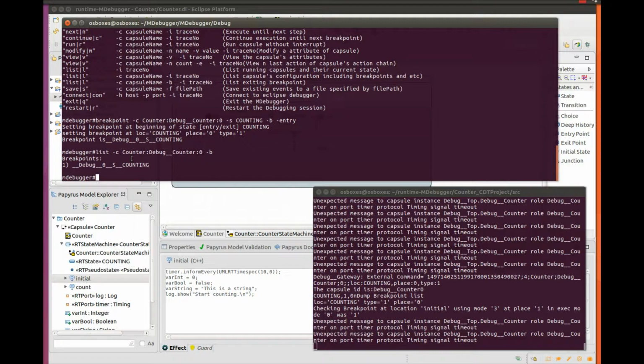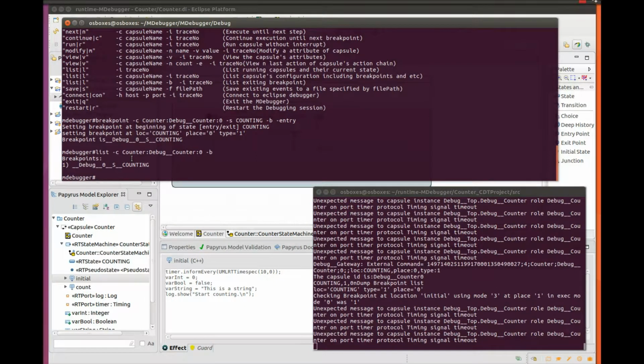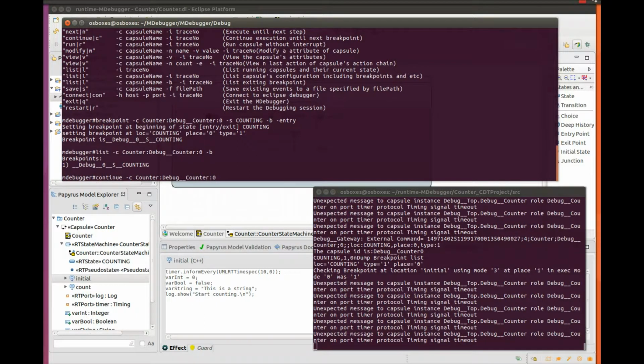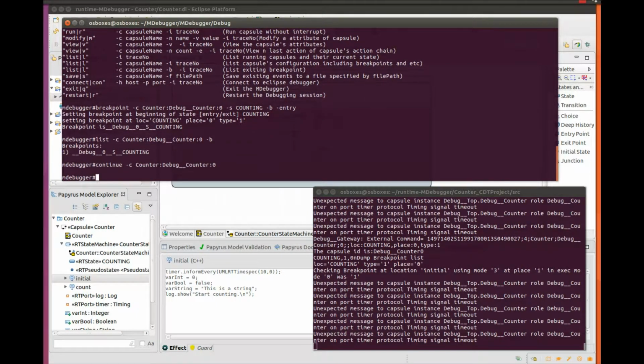Now it's possible to either step over the execution using the command next, or this time to continue the execution using the command called continue, in order to execute the system until a breakpoint is reached. So if I use continue -c and the name of the capsule, I will continue the execution until the breakpoint I previously set is reached.